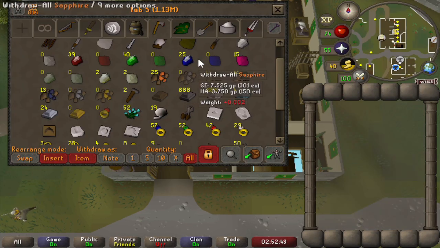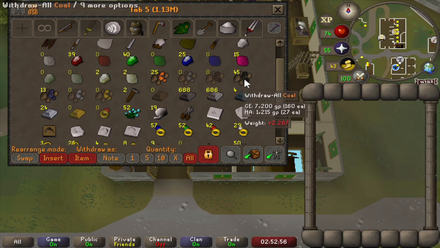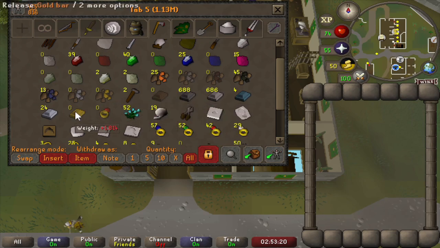So I pretty much cut all the sapphires, the emeralds, the rubies and the diamonds, made all of the bronze bars, made the bronze bars into bronze plate bodies, and also used all of the coal I've gotten from the motherlode mine together with all of the iron ore I still had in the bank to make some steel bars. I'm going to use the steel bars later on to make them all into cannonballs because that's going to be very useful. Going to leave the iron bars as is for the beginner clues,